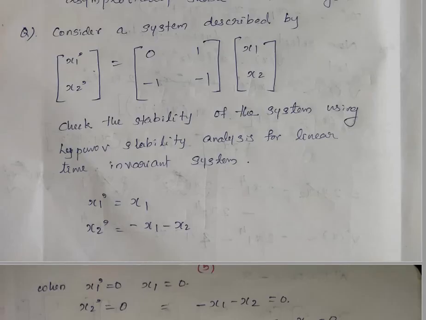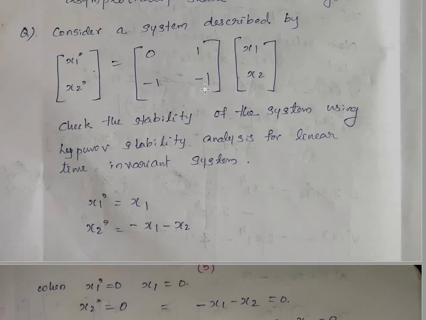Consider the system described by the equation x1 dot, x2 dot equal to 0, 1, minus 1, minus 1, times x1, x2. Check the stability of the system using Lyapunov stability analysis for linear time invariant system. Here we can see that this system is a linear system. This problem we have already discussed in the first lecture, but in that